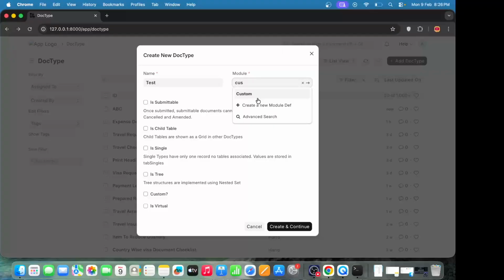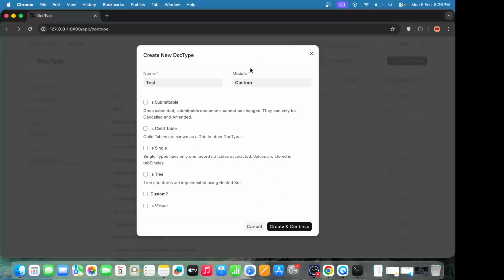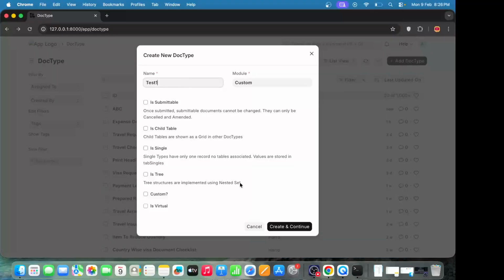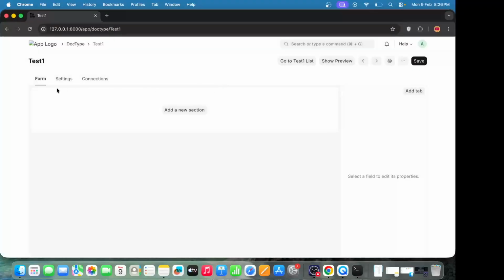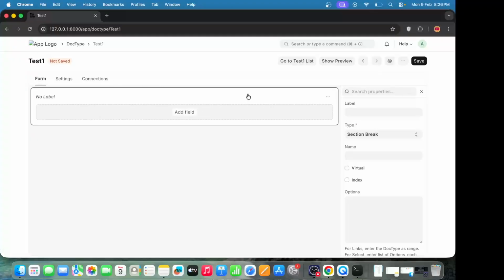You can select the custom module according to your need, and let's create a simple doc type, not a submittable doc type. Test already exists. Let's create a test one. So now I have created a test one doc type. I will just add a section here, details,